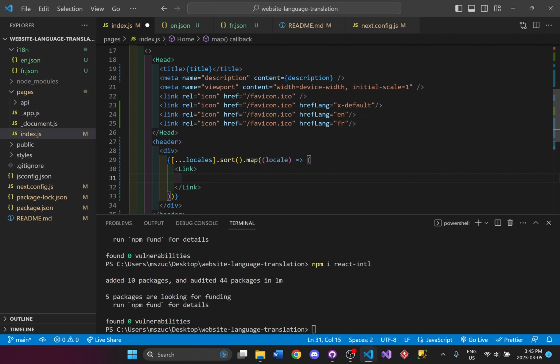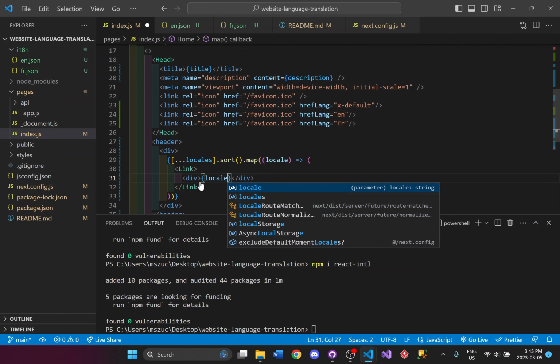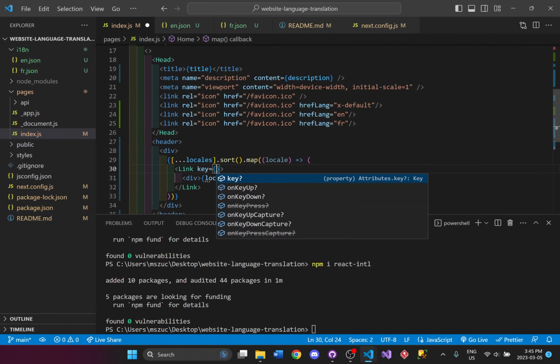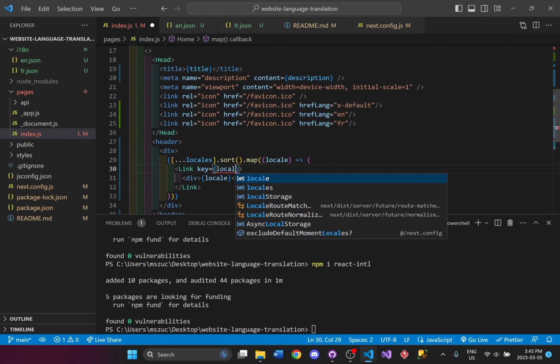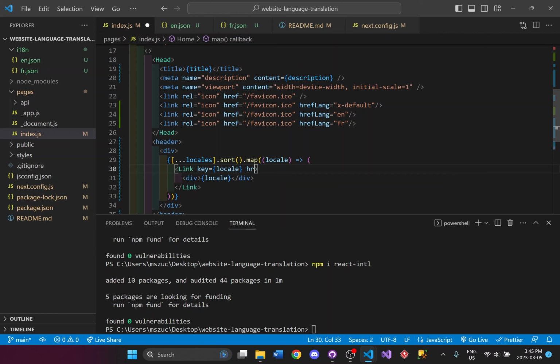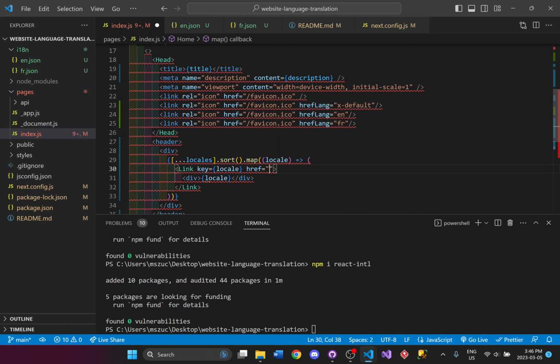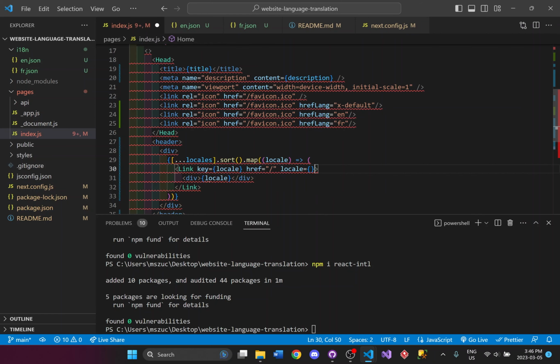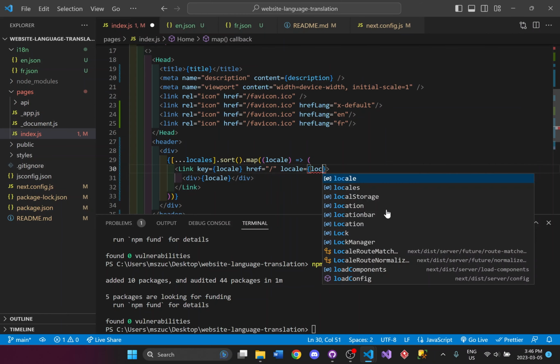And in between this link here, I'll have a div, and I'll just call locale, and it will display the language that we are moving between or that are available. And based on this page that we're on, the home page, it'll also show in the URL the language that it is at as well.